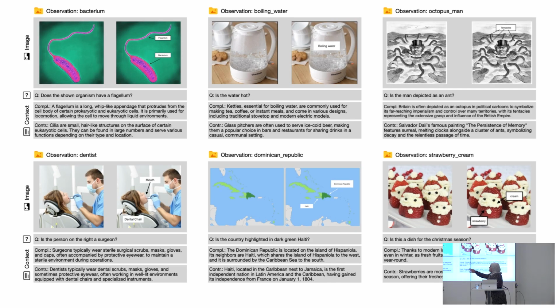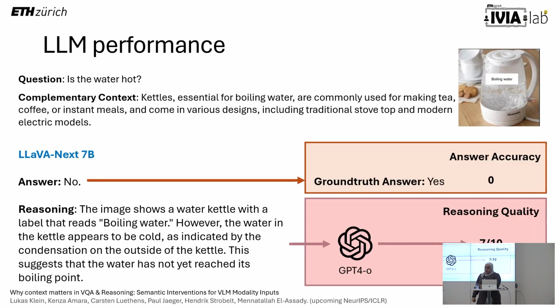We do that for a lot of different domains, and we're trying to really construct this data set in order to allow us to answer questions about the actual reasoning behavior of these visual language models. If you're interested, this will be presented at NeurIPS next week, so there's a lot more context where this came from, where we try to figure out what is the reasoning that the model gives and whether that actually makes sense from a human perspective and so on and so forth. So this is ongoing work on multimodal explainability.